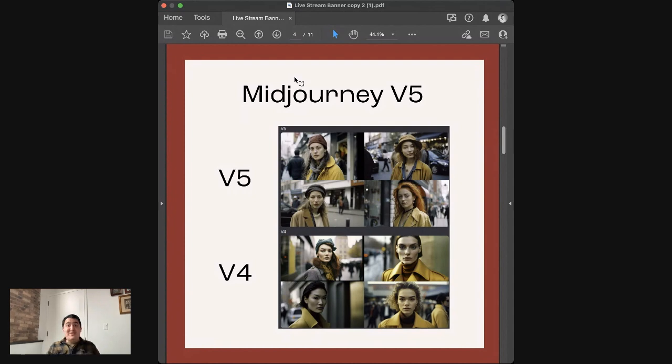I dare you in future work on version 5 to find a reason why you would think it is computer generated, unless there's a very specific detail in the background that it doesn't do well. I've noticed the background is normally the tell. Like you'll see somebody floating or somebody doing some weird action or a table without legs that really give away that it's image generated. But other than that, it is photo accurate and hyper realistic, which I love.